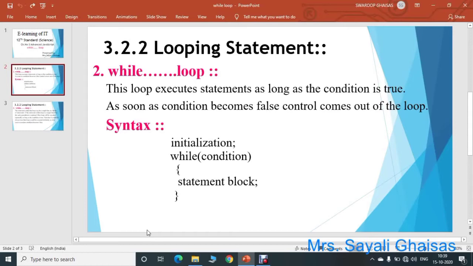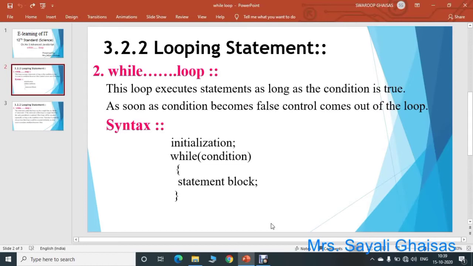Here see the syntax of the while loop. First of all, there will be an initialization, then while, specify the condition here, then curly brackets open and close containing the statement block. This statement block itself contains the iterations, that is, it can be an increment or decrement, plus plus or minus minus. First of all, what is initialization? Initialization means we have to declare a variable and initialize a value to it. For example, var i equals 5 is the initialization. Then in the while condition, you have to specify a particular condition.